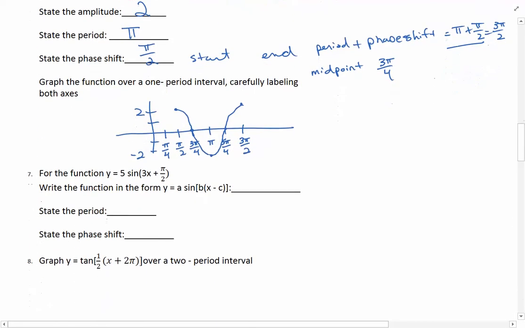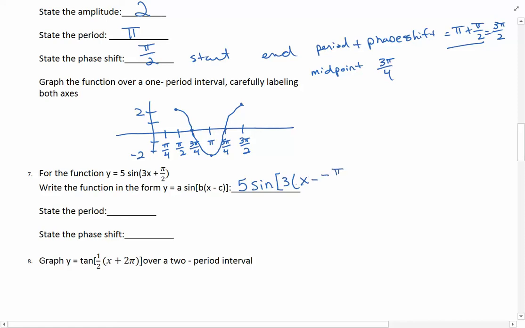Okay, so this one's a little bit tricky. You want to factor 3 out of that, and you want to put it in as a negative. So this will be 5 sine, so then we're going to have 3 parenthesis x. Now if we want to make it minus, but it's plus, you're going to have to say minus negative pi